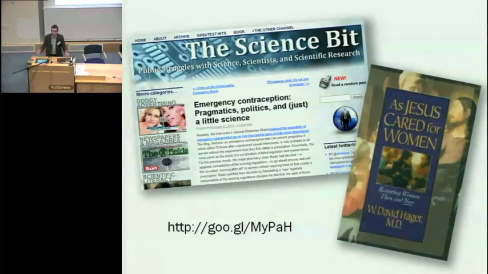And in the United States, during the Bush administration, David Hager was consulted on this and was appointed the sort of czar on the matter. And this is a man who also writes books called As Jesus Cared for Women, and he was willing to put aside the evidence base in order to insist that policy remained the way it was at the time. Whereas in Ireland, and I've again written a short piece about this on the blog there, the law was